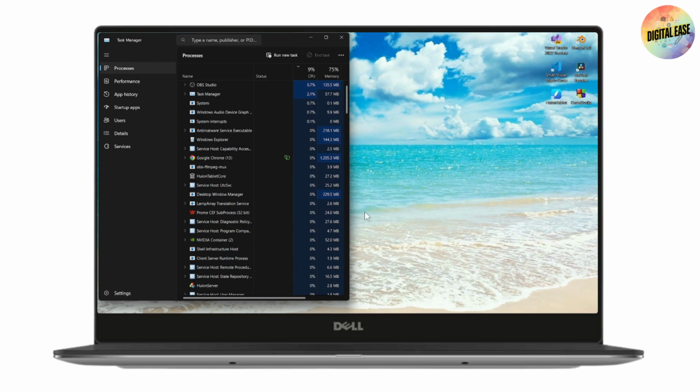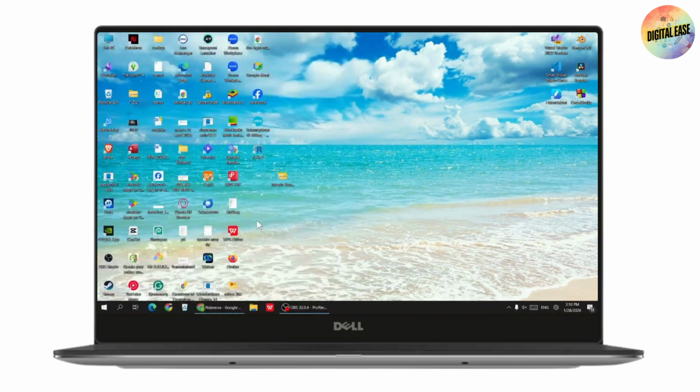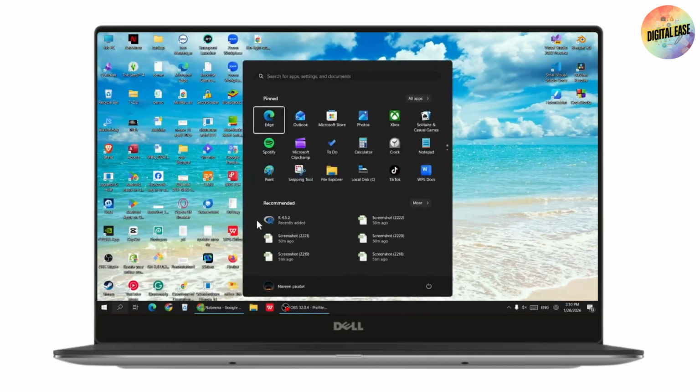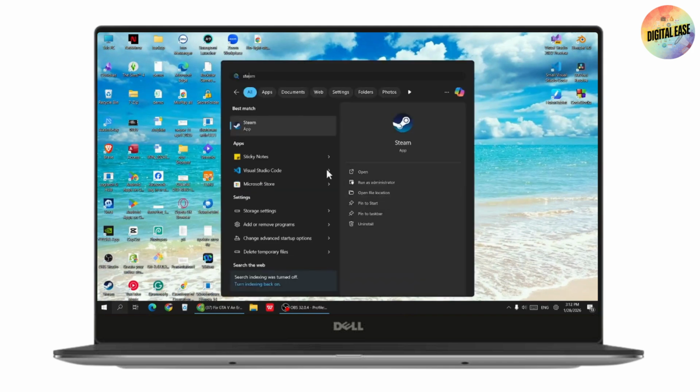And then also close the Rockstar Games as well if there is some task. And then what you need to do is first, you need to make sure that you have opened your Rockstar Games. Just go ahead and open up your Rockstar Games Launcher. And also make sure to sign in before you launch your Steam or Epic Games. After that, you need to again go with your Steam and then launch your Steam and see if your problem